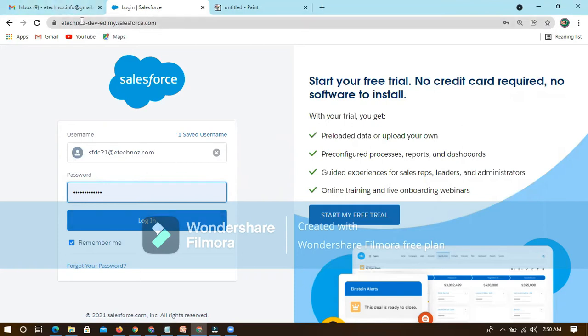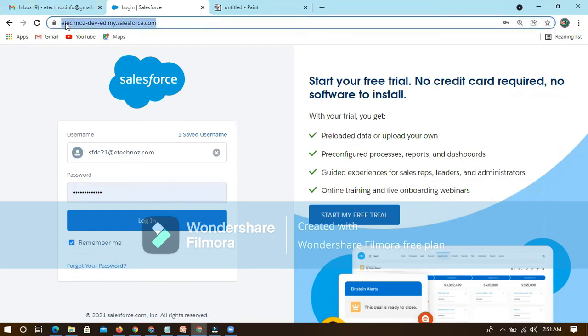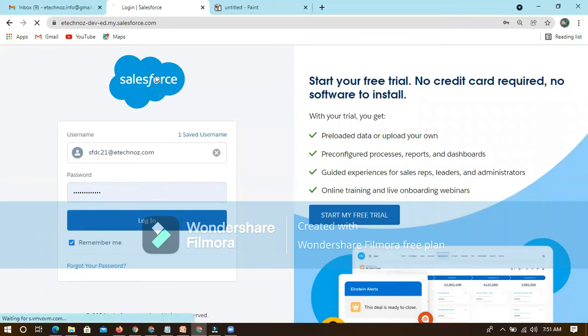When we use test.salesforce.com or login.salesforce.com, everyone can utilize it. But if you come with etechmos dev at my.salesforce.com, this will be exclusive only to etechmos people, or the etechmos team. They can have certain additional features also, but that is exclusive to etechmos. When it comes to common, this is a common page, and everyone can access it, which is given by Salesforce and also works on multi-tenant architecture.